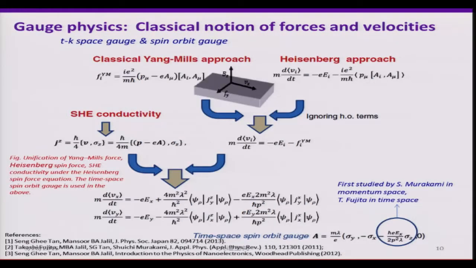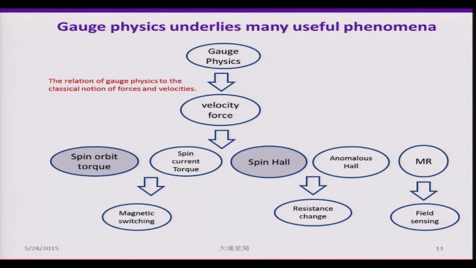And now, combining the two and going back to the simple intuitive approach, one is again able to derive a force equation that is related to the electron or the spin current in the transverse direction. All this gives us the confidence that the gauge effect can be useful in applied physics. So now, going back to this, I will go right into the Spinorbit Torque,